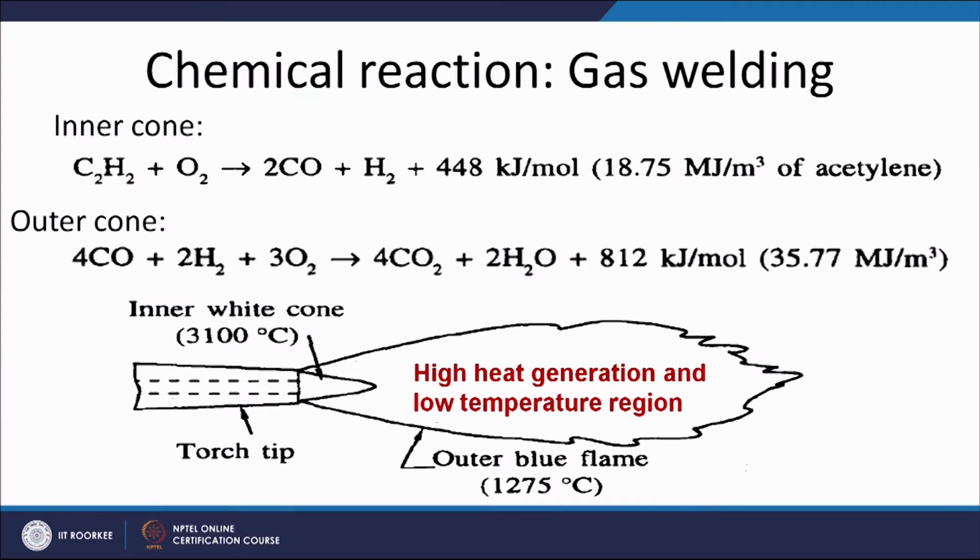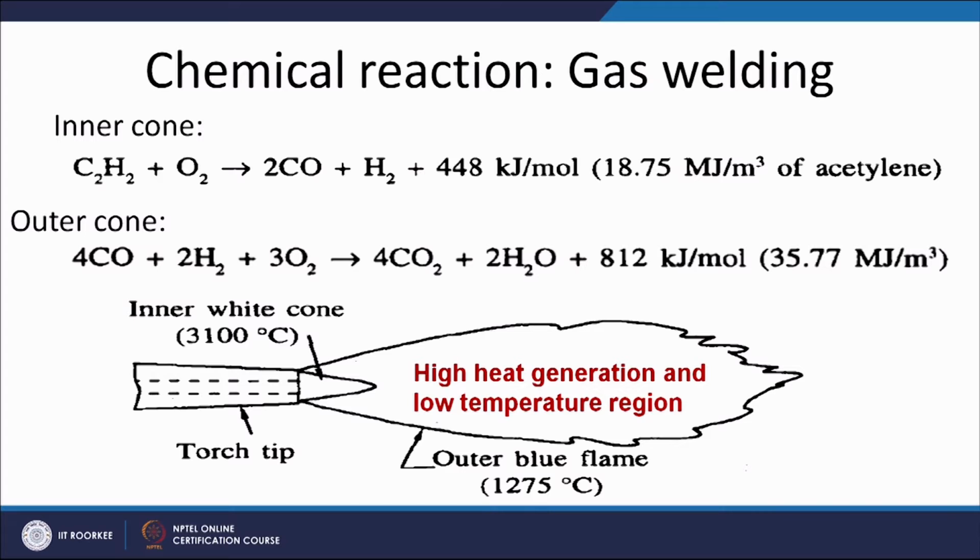Whenever the fuel gas and oxygen mixture is burned, it produces basically 2 or 3 cones depending upon the relative amount of the fuel gas and the oxygen. Like here, 2 cones are produced whenever flame is produced with the combustion. There is an inner cone and there is an outer cone. The inner cone involves certain kinds of reactions and generates a limited amount of heat, but since it is small and well covered with the high temperature zone of the outer flame region, this zone experiences the maximum temperature